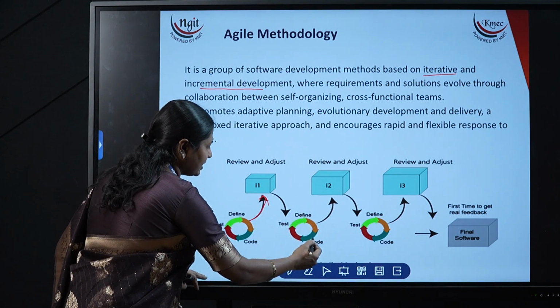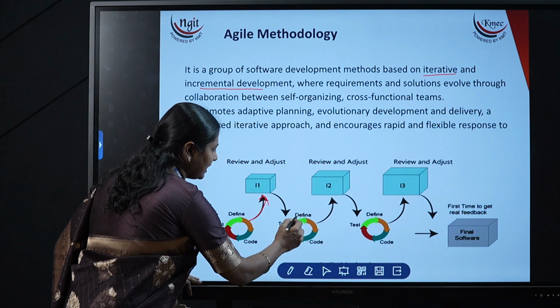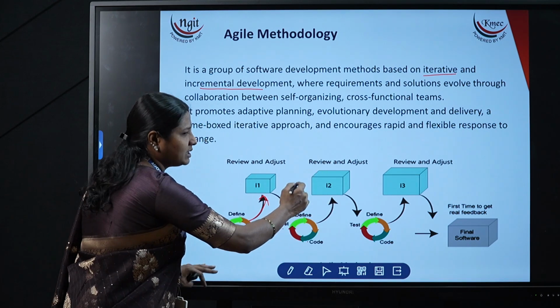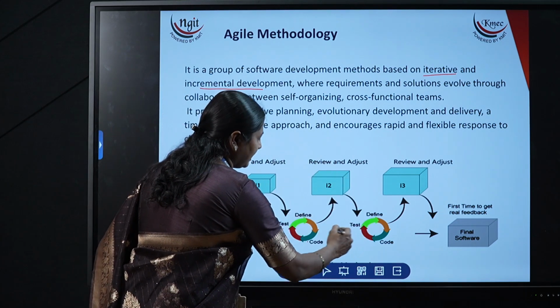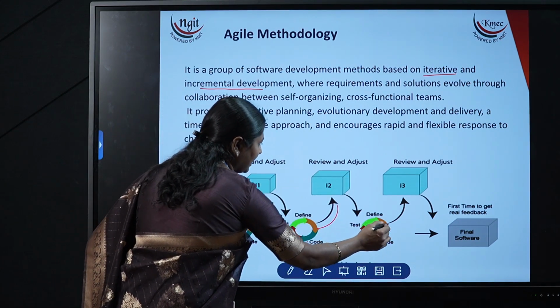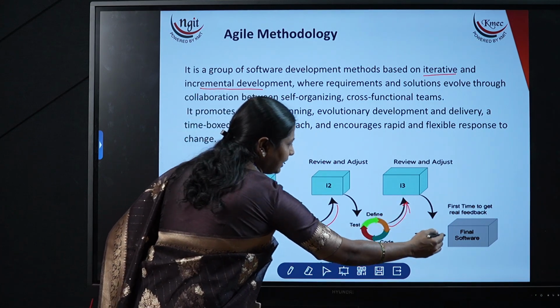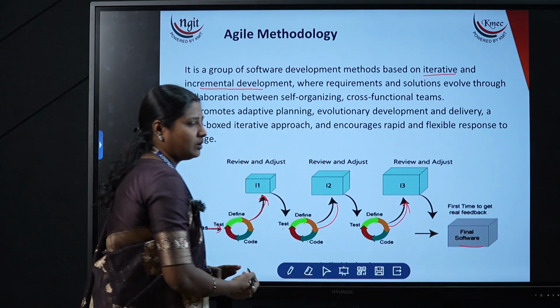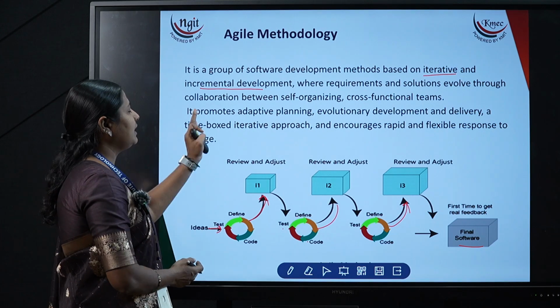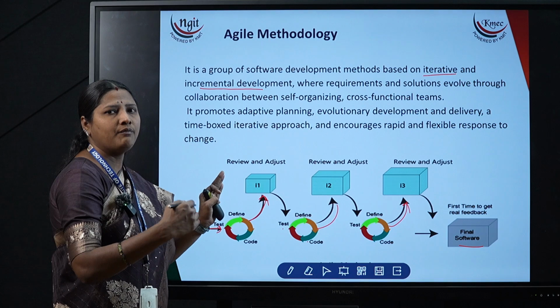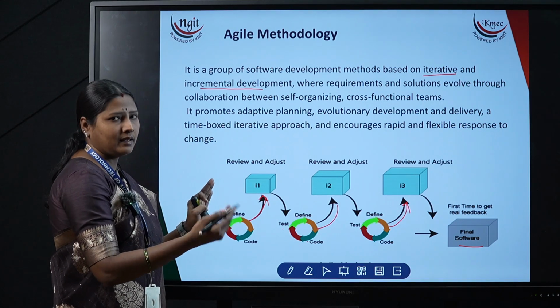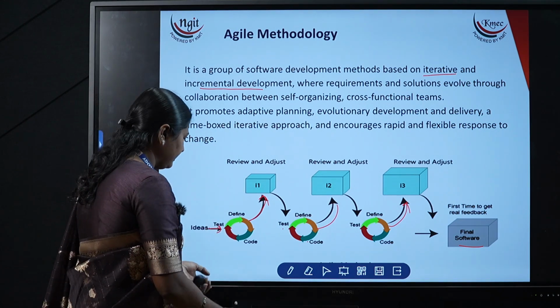In the second iteration, the code is developed, tested, defined, reviewed and adjusted for the existing functionality, and the changes are made. These cycles repeat until we get the final product or final software. So in agile methodology, testing is repeated for every cycle in enhancing the actual code.